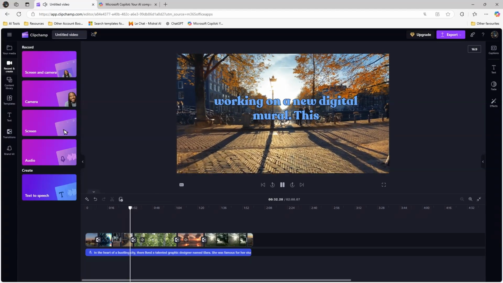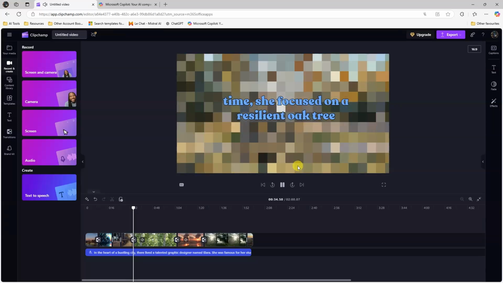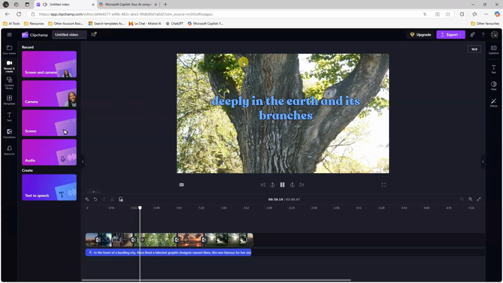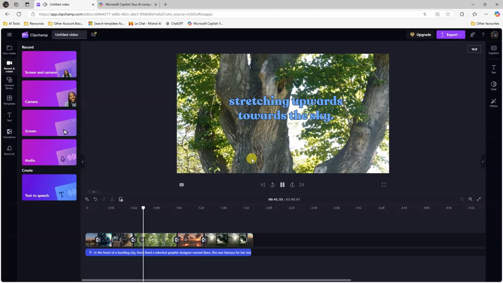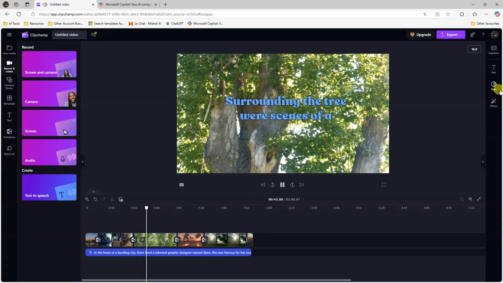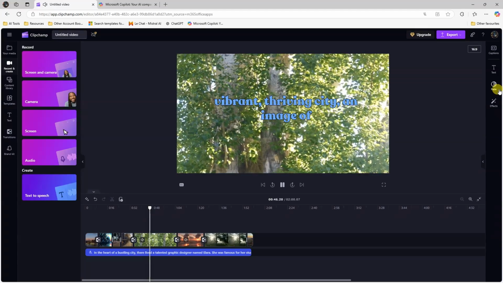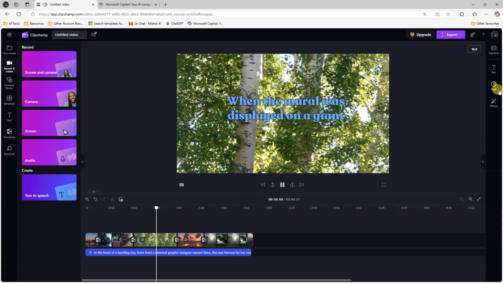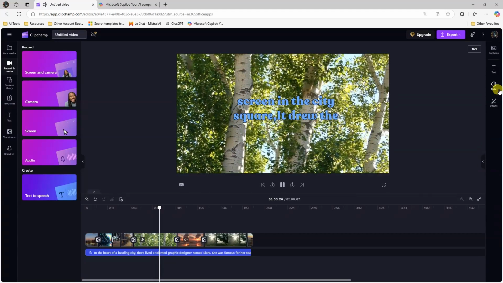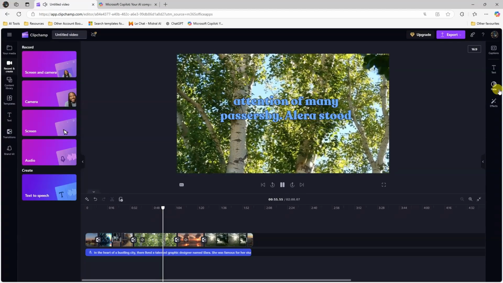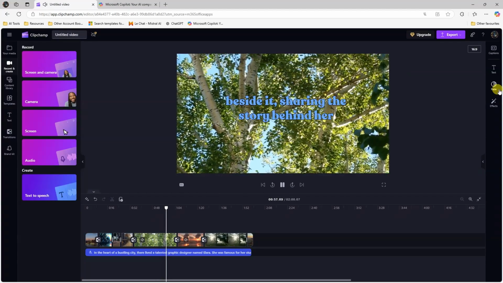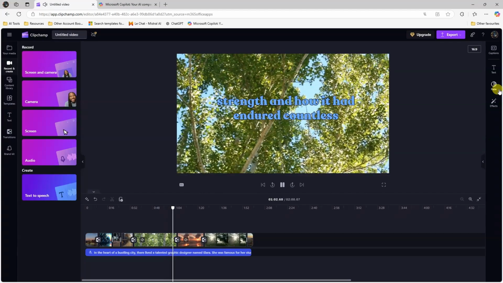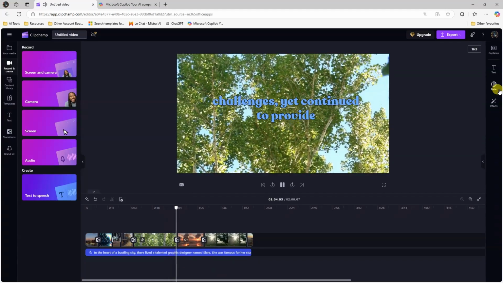Alara began working on a new digital mural. This time, she focused on a resilient oak tree as the centerpiece, its roots embedded deeply in the earth and its branches stretching upwards towards the sky. Surrounding the tree were scenes of a vibrant, thriving city, an image of the community's resilience and spirit. When the mural was displayed on a giant screen in the city square, it drew the attention of many passersby. Alara stood beside it, sharing the story behind her creation. She spoke of the oak tree's strength and how it had endured countless challenges, yet continued to provide shelter and